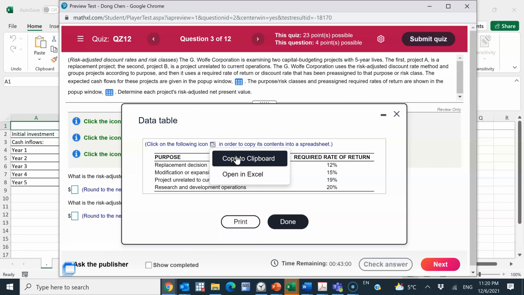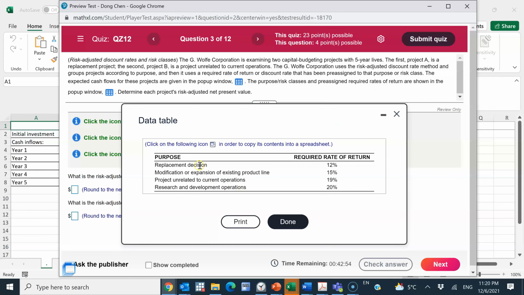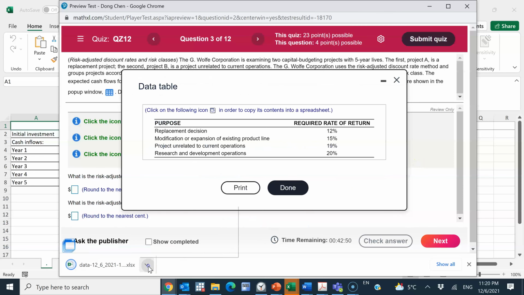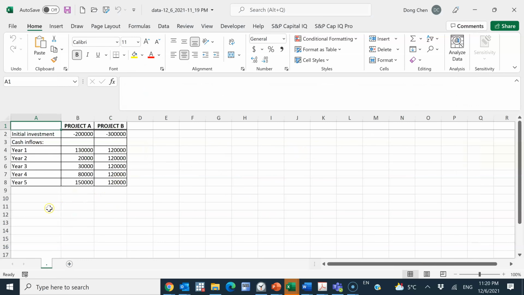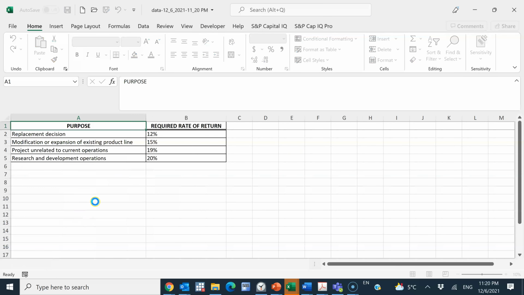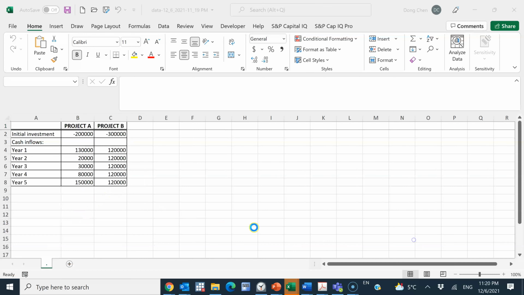Actually, let me still open this in Excel. And then we can check, based on the class, which of the projects should have which discount